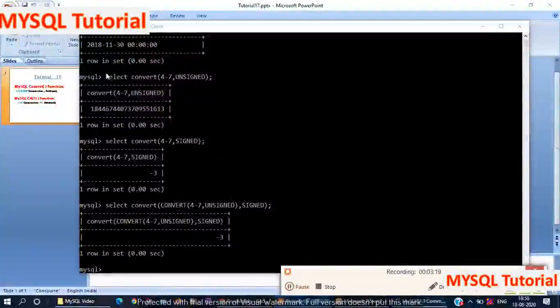These are all examples of the CONVERT function. The data types datetime, time, char, signed, unsigned, decimal, and binary work perfectly with the CONVERT as well as the CAST function.